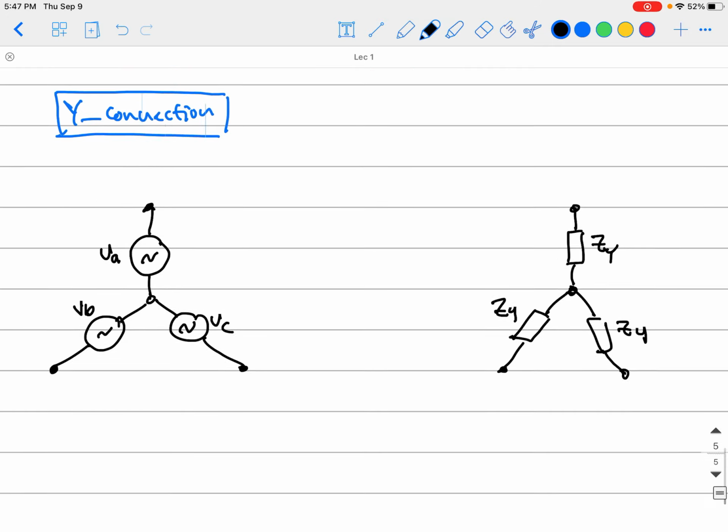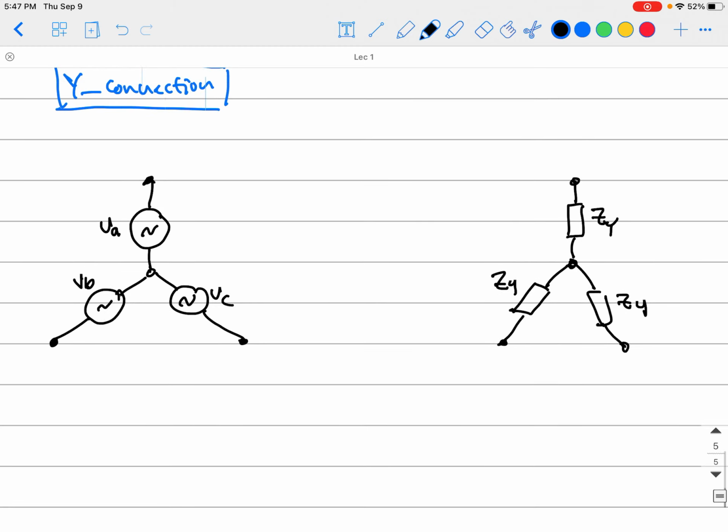Okay, it's not mandatory to connect a star load to a star source. You can connect a star load to a delta source or vice versa, but here we are trying to keep things simple. Okay, and you connect between them by this line from this one to this one,